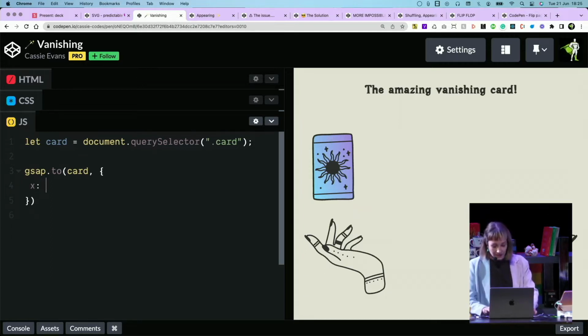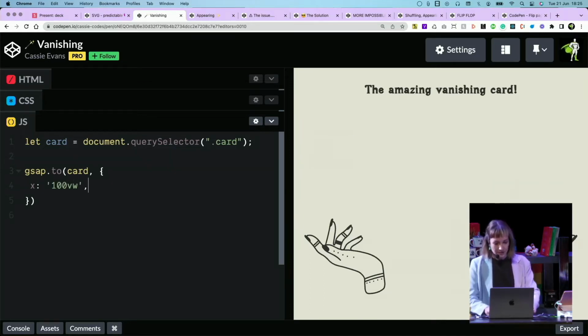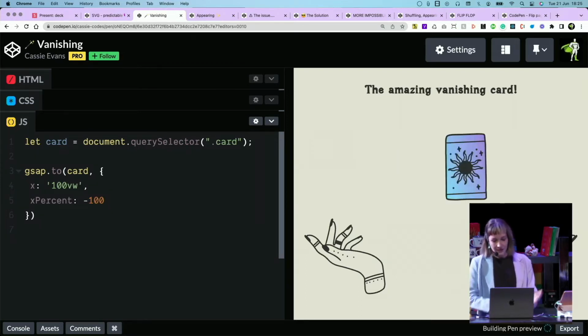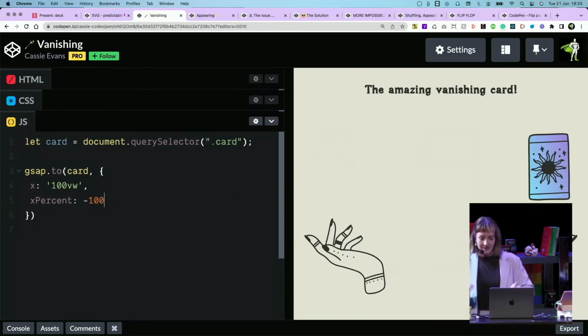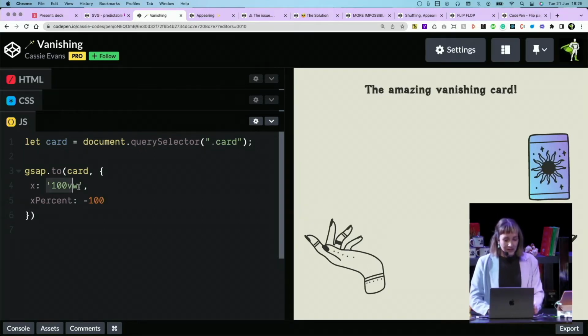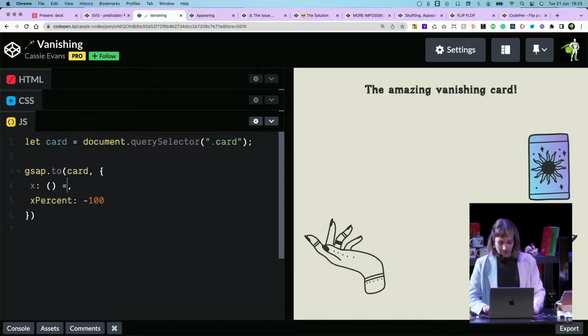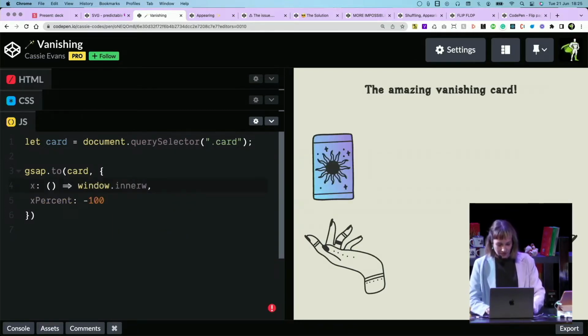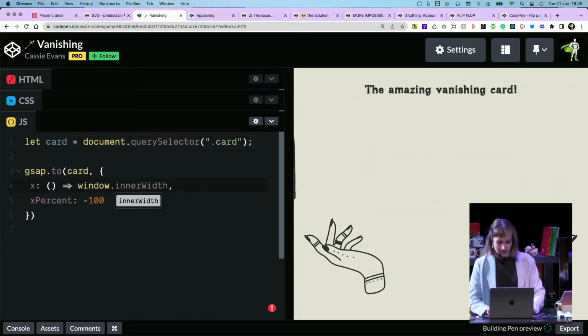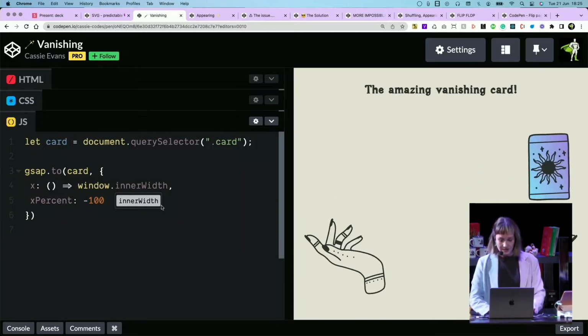We can use viewport width. That will work. Shot off a bit, let's correct that. So, other side, hooray. Another thing that we can do is functional values, and we can go window innerWidth. Is it capitalized? Let's try that, hooray.